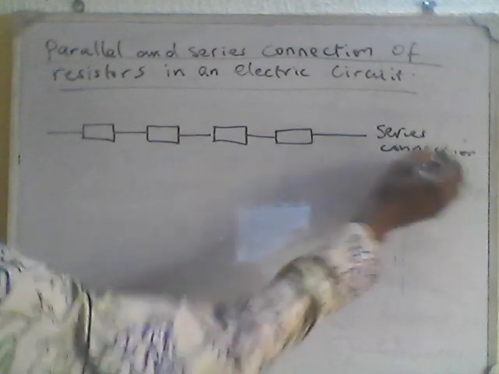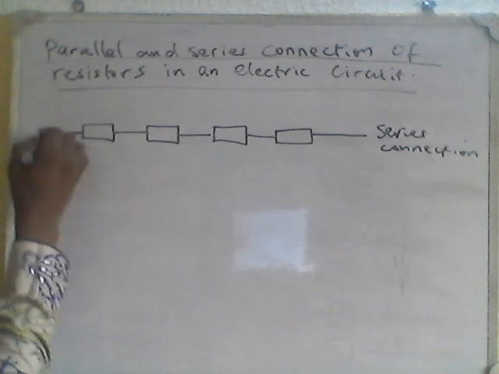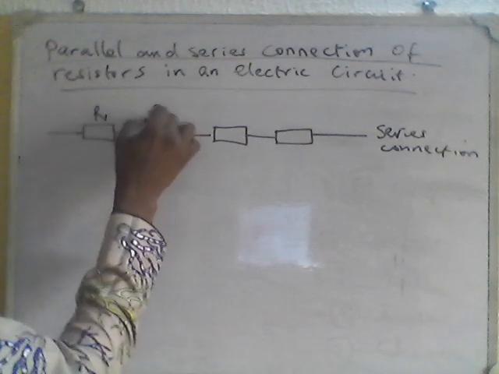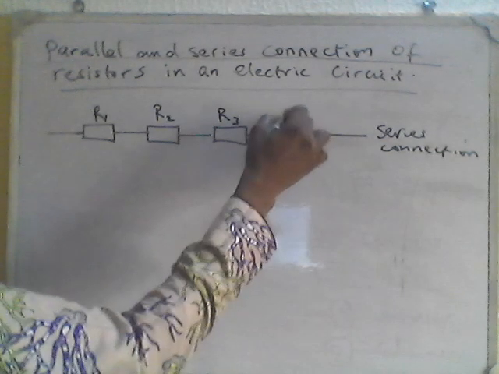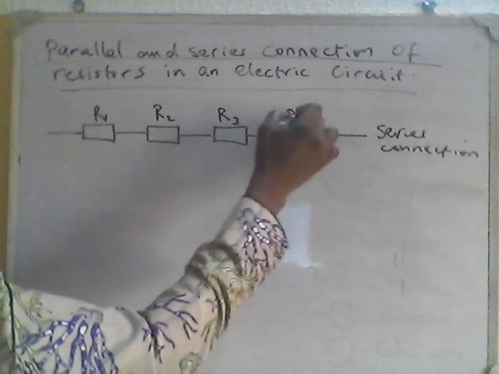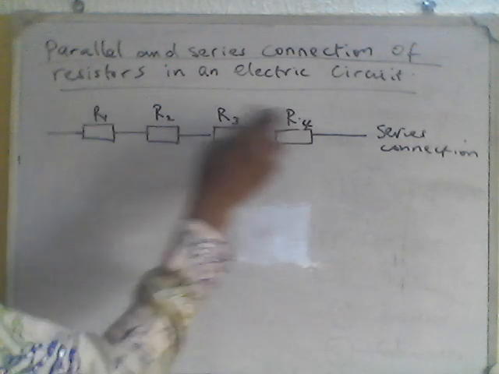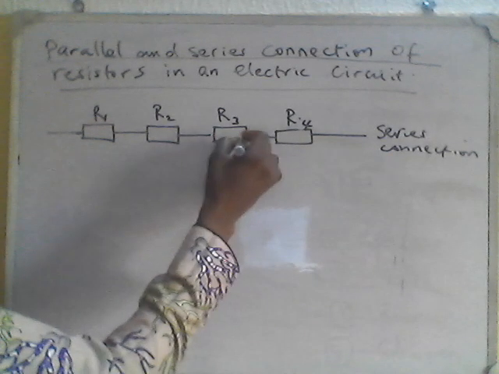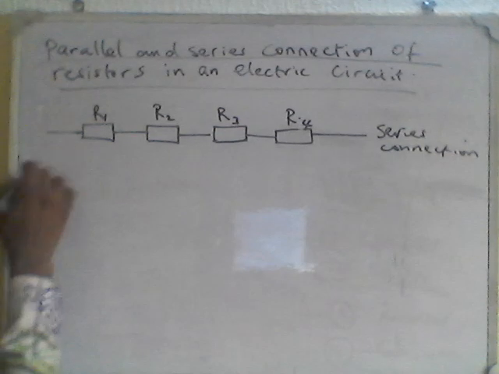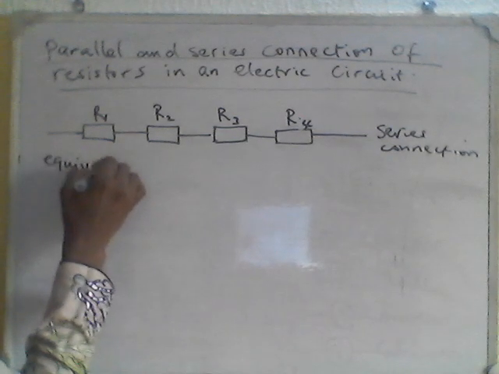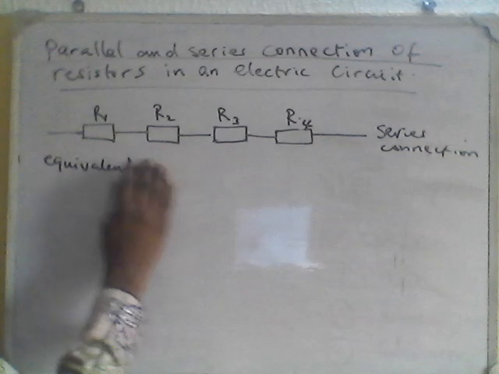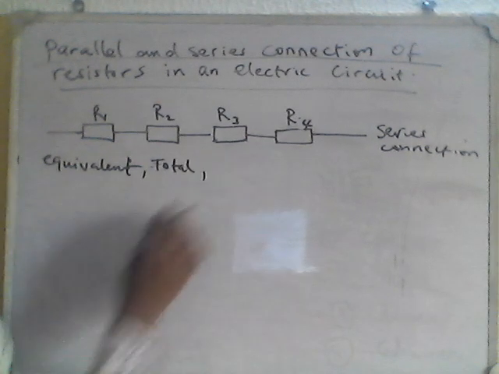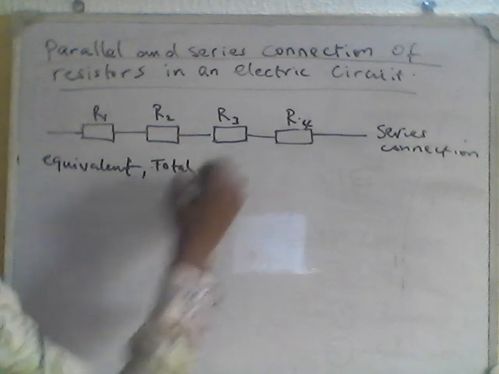So the characteristics of this kind of connection is that one resistor moved into another in a daisy chain form. So if I have three resistors or four resistors like this, R1, R2, R3, R4, where R is known as the resistor with resistances in ohms. Okay, the equivalent, or the total, or the resultant resistance